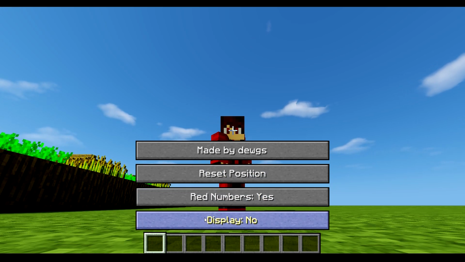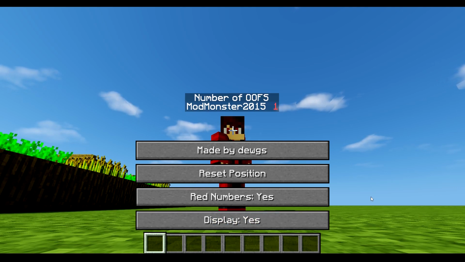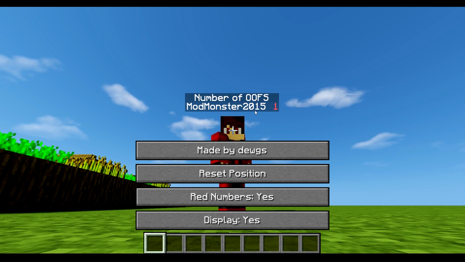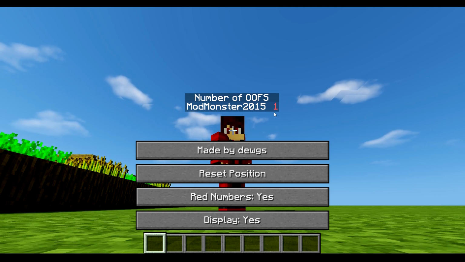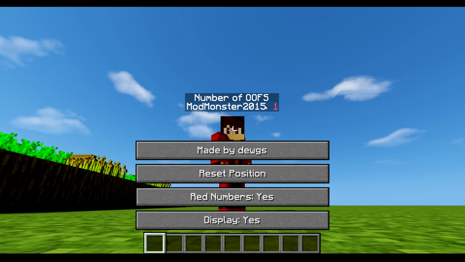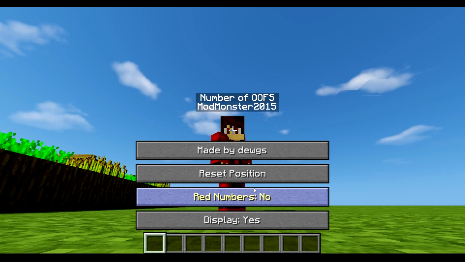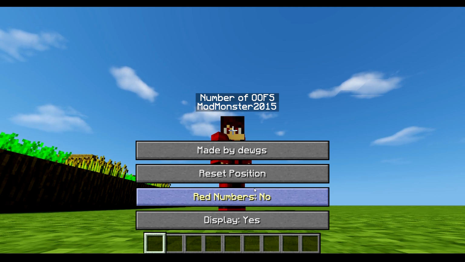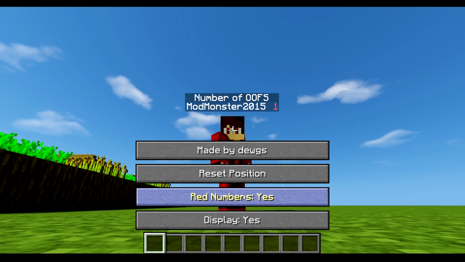You can turn off the sidebar completely, so if you just don't like seeing it or you don't really care about them, you can turn that off. You can enable or disable the red numbers here, which when you're playing on your own server usually is for counting the number of oofs like I have here. So number of deaths, this is actually my number of deaths, and if you disable that then you won't be able to see it, but sometimes in servers it can just list on the side numbers that have nothing to do with the sidebar itself, so you might want to turn that off if you're playing on one of those servers.